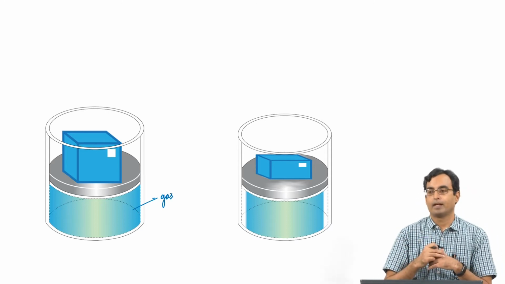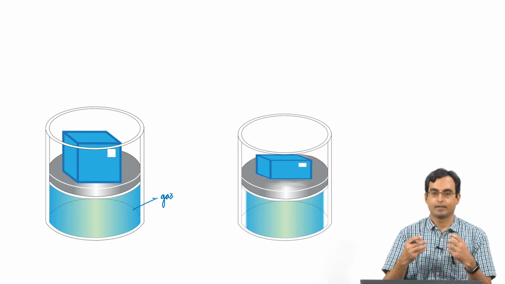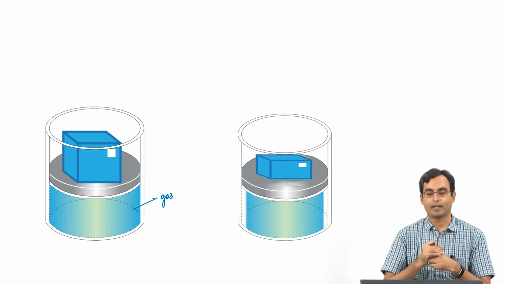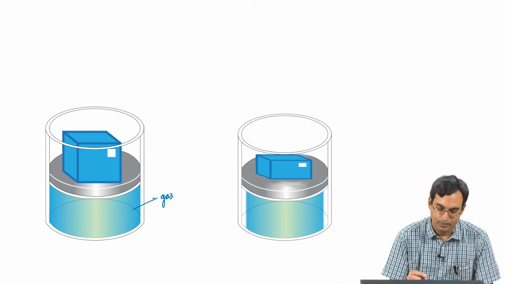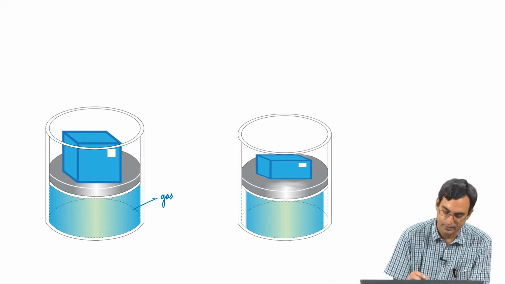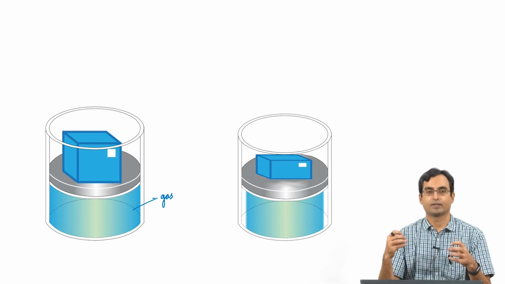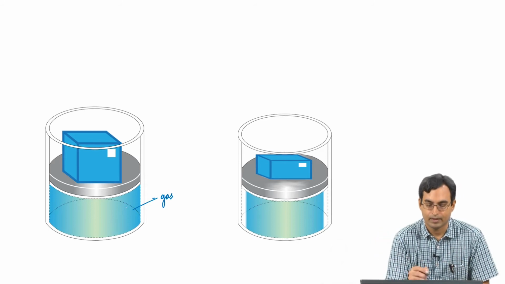Of course, a common example of a piston cylinder would be one of these. If you take a plastic medical syringe, you close one end of it and you try to push the plunger in. Many of us might have played with this kind of thing. So, that is a piston cylinder arrangement. Of course, in that kind of a piston cylinder, we find that there is a lot of friction. It is very hard to move the plunger in or out,